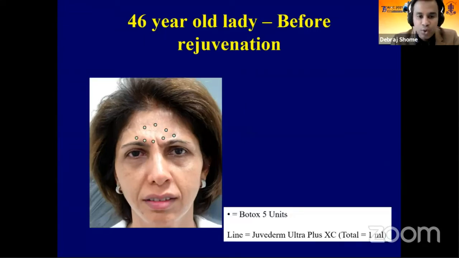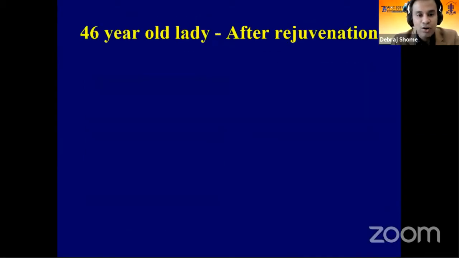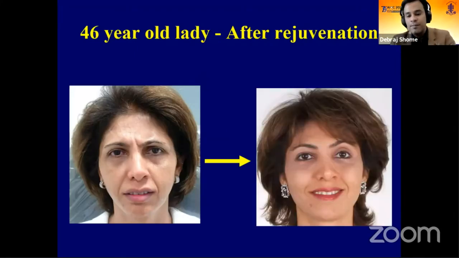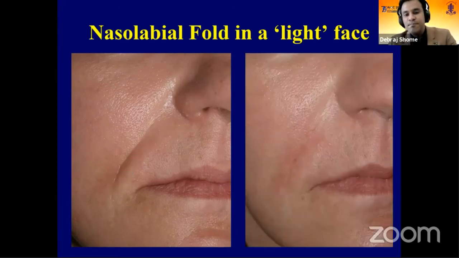And therefore, using Botox in a particular manner, using the fillers which are necessary, using Botox again for dynamic action, all of that leads to a situation where you can take the person from here to here in the space of a few days without risk. Nasolabial folds, when we see them in a light phase, we can easily treat with just the Juvederm Ultra Plus or a simple filler.